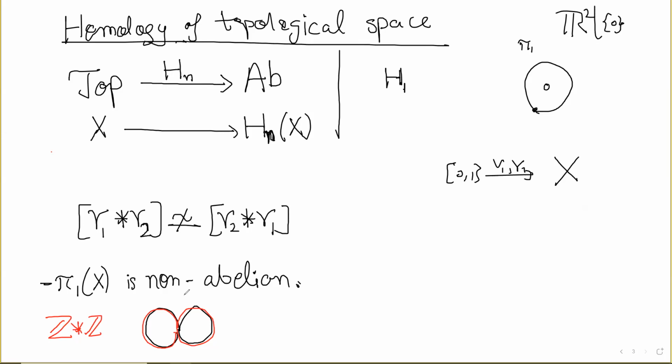But in homology, we basically forget this. Homology theory is developed in a way that we forget it, and in homology these two become equal. So what does it mean? Homology also stores these loops, H1 of X also stores these loops, but forgets and treats the composition as commutative. That is one thing. But all this is just words, so let me start with a definition. So we will start with,